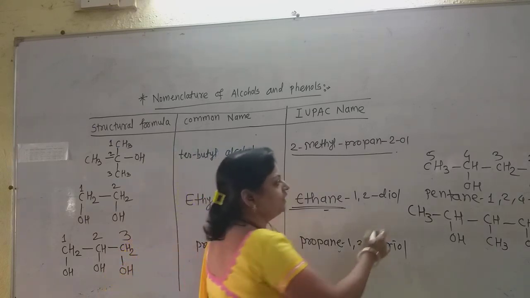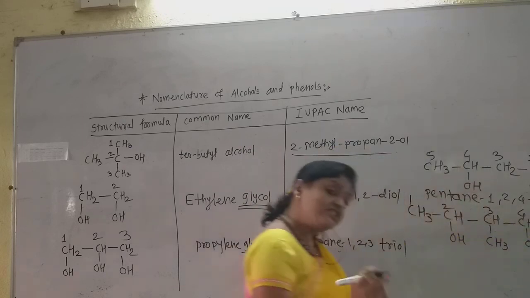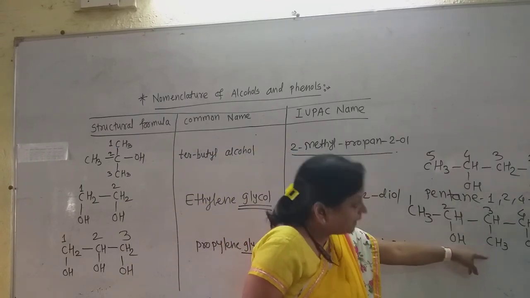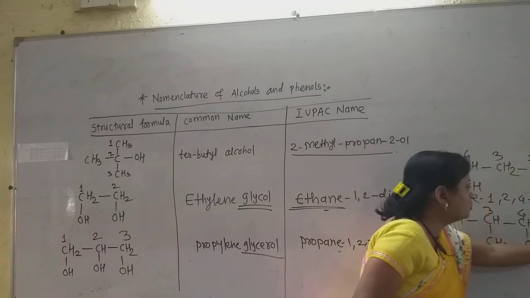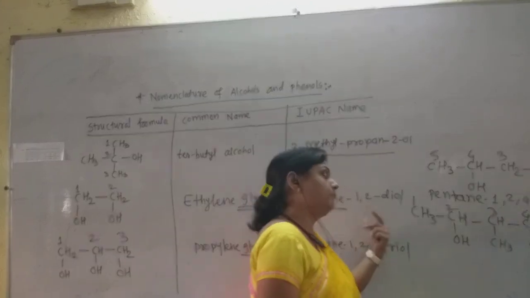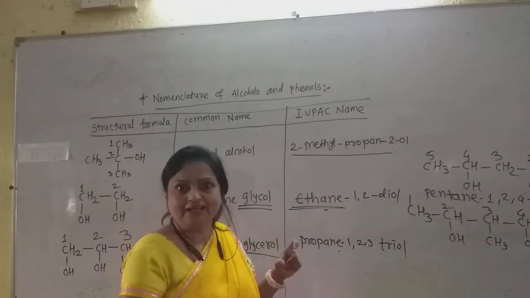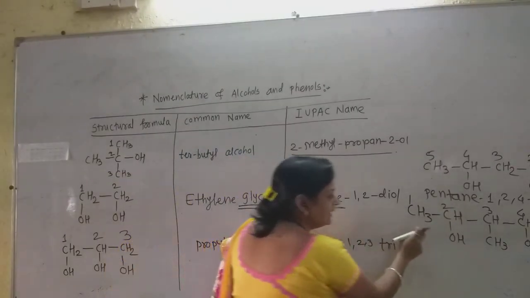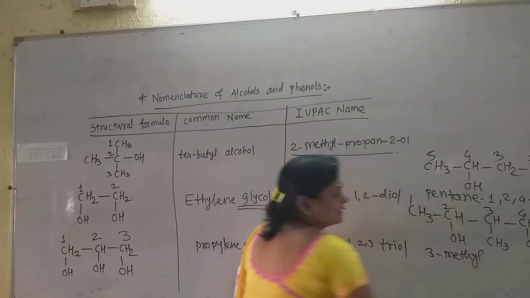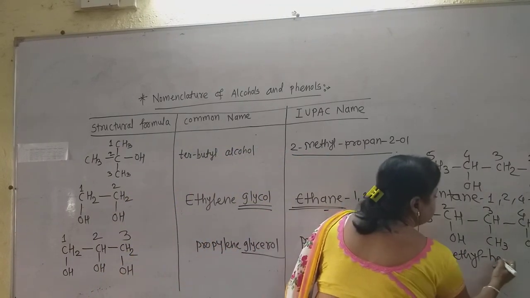So we must give the numbering from this side, 1, 2, 3, 4, 5, 6 and 7. Now this is the correct numbering because here there is the nearest substituent. But if we give the numbering from the other side, then the substituent comes on the fifth carbon. But from the left side, it comes on the third carbon. So that is the correct numbering from the left hand side. So the name of this alcohol is 3-methyl, because the alkyl group is considered first, 3-methyl, and as the parent alkane is heptane, so 3-methylheptane.